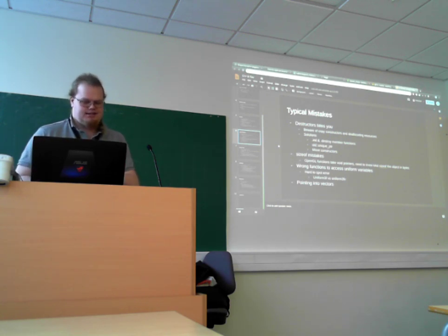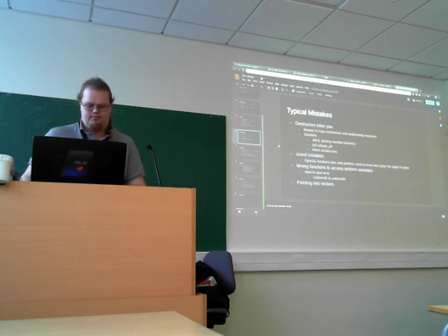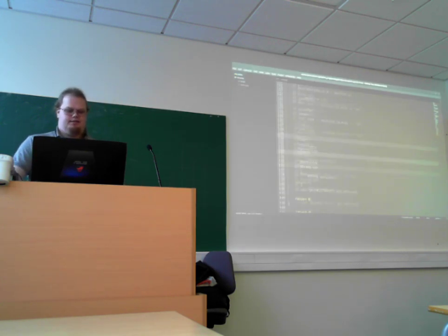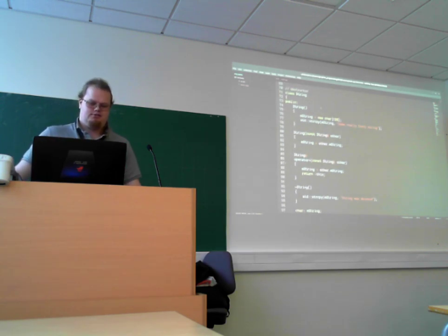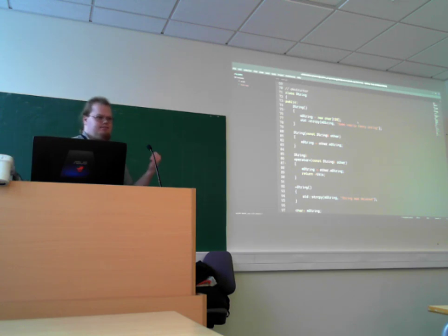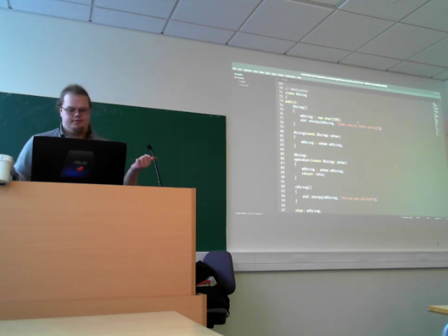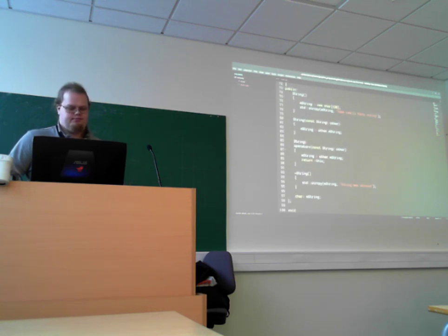One of them is that the structure might... so this isn't an OpenGL example, but it shows what can happen. Here we're creating a super basic string class, the kind you've probably seen already.